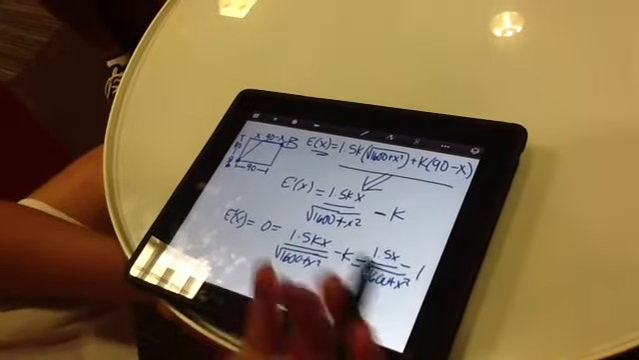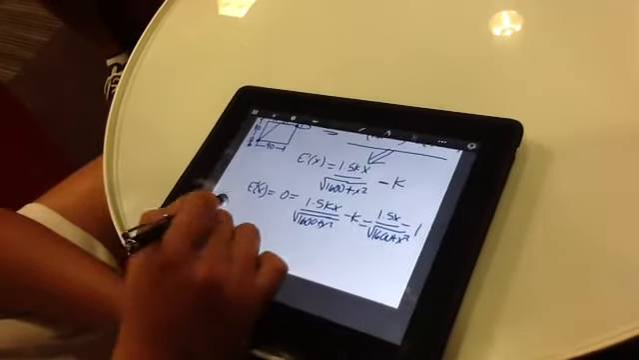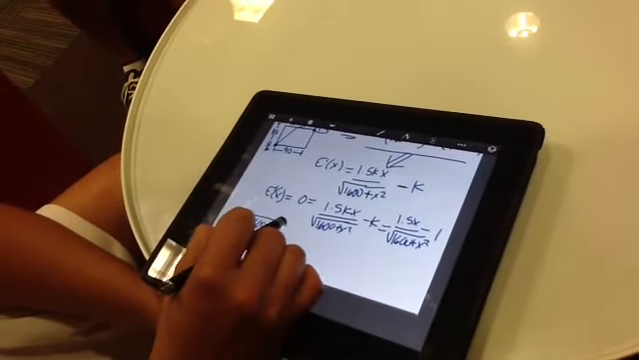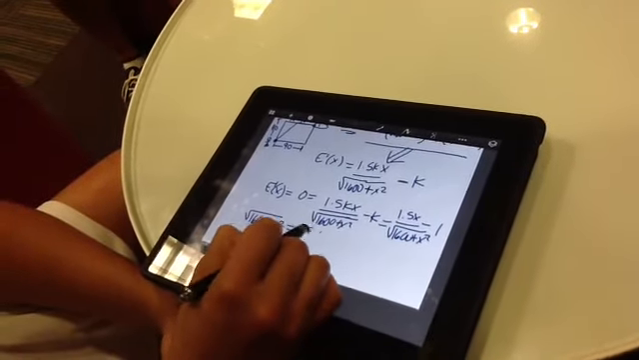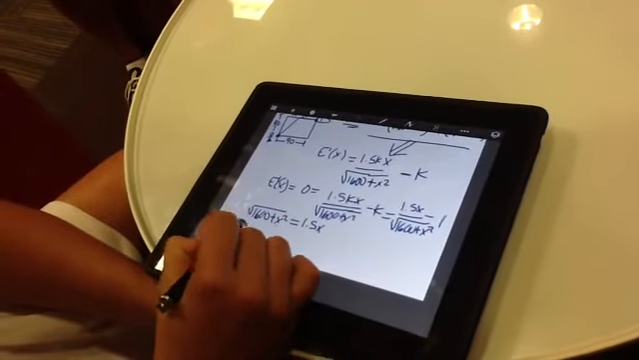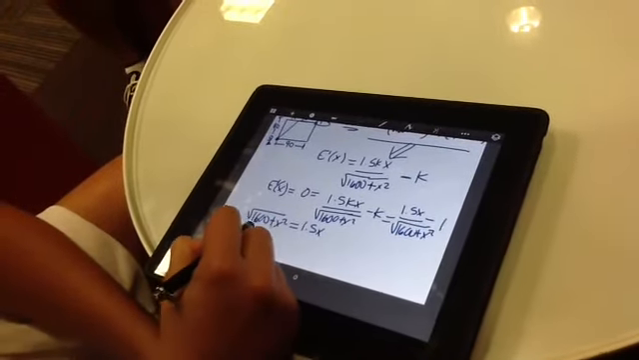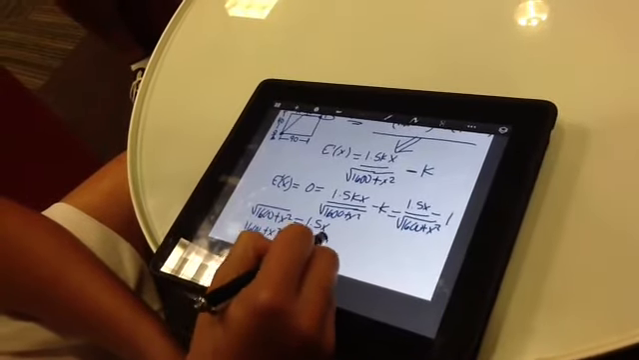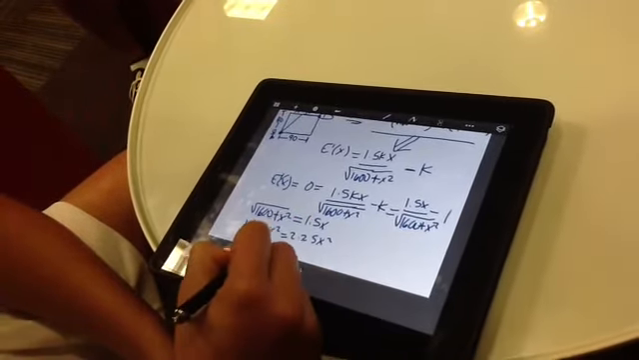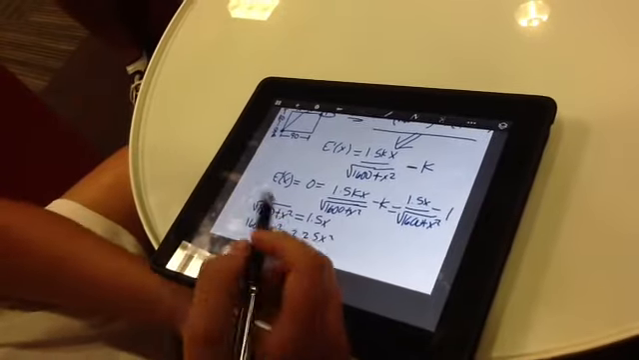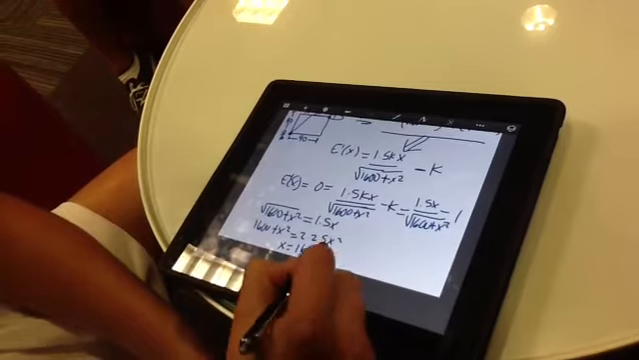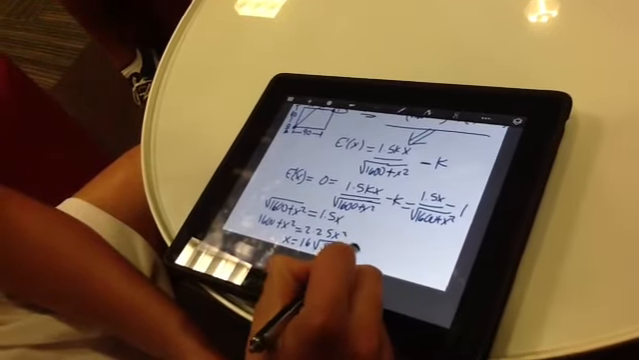From there, we just solve for x. We get the square root of 1,600 plus x squared equals 1.5x. Then if we square both sides, we get 1,600 plus x squared equals 2.25x squared. From there, we get x as 16 radical 5. This is approximately around